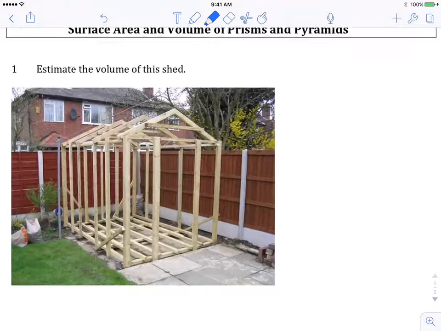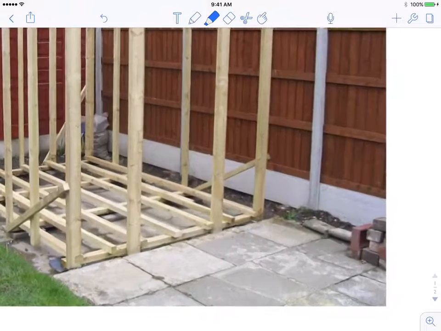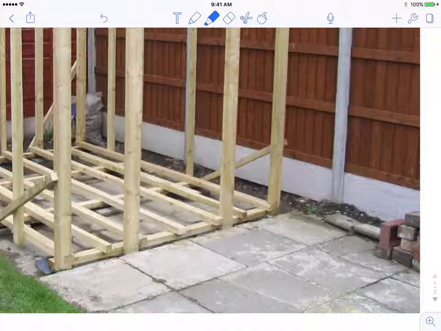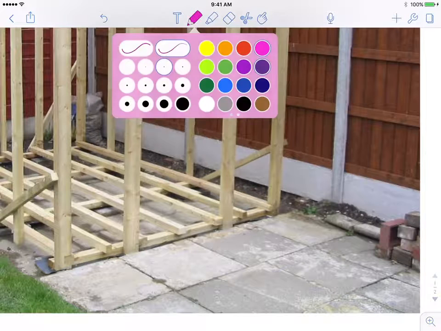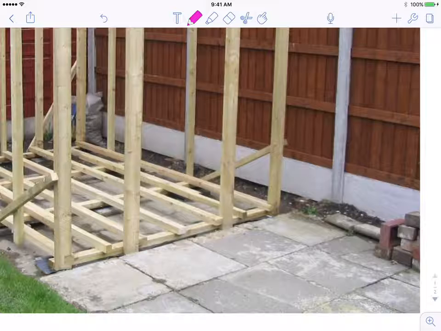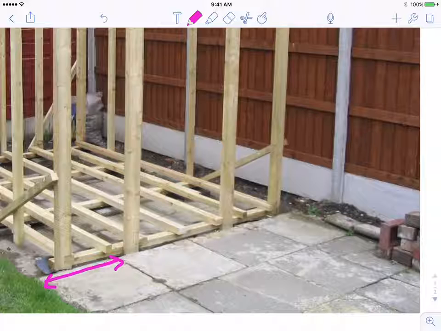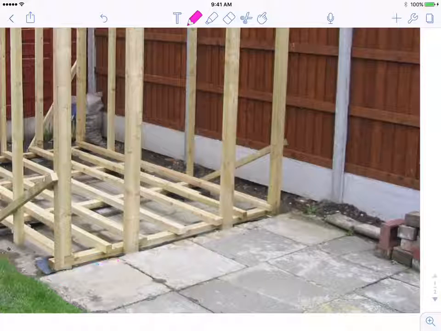Well, one thing is to take a closer look at the shed. If you want to get some bearings, try to use some comparables in the photograph to help you out. So if you're looking at these cement tiles, or patio slabs, the width of one of these is generally 24 inches. So if that's 24 inches and you cover approximately 4 of these,